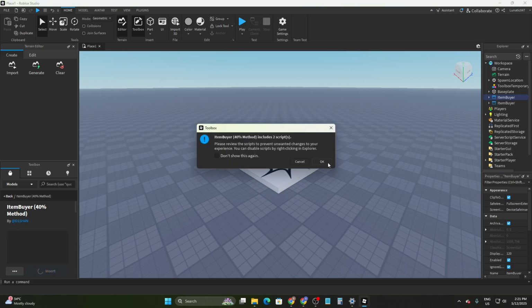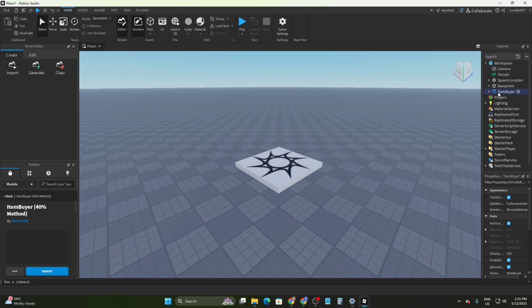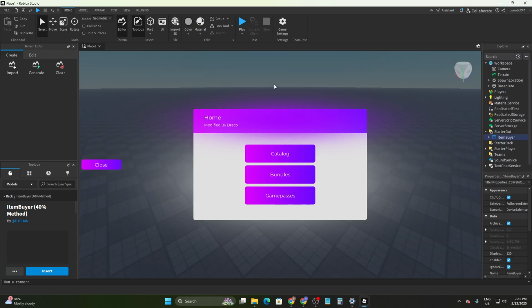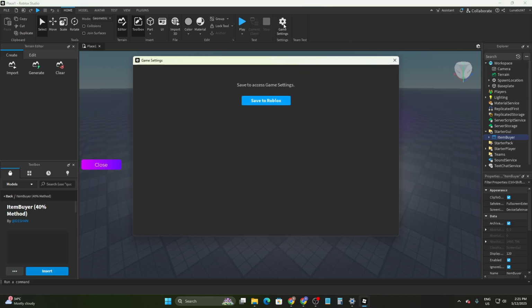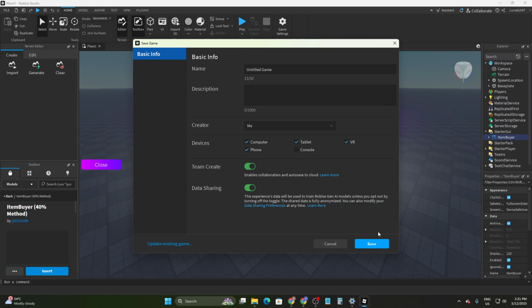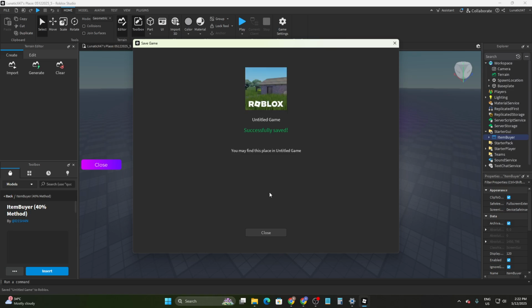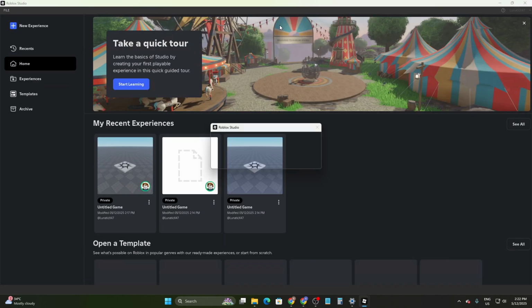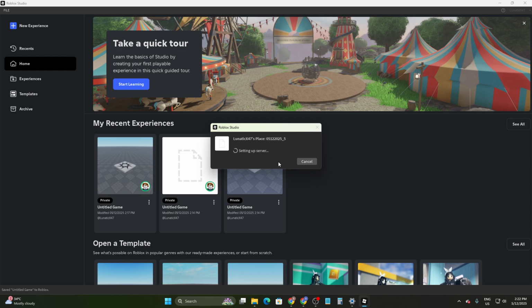I have already inserted it, so that's why I'm going to delete one from here, or you have to simply drag it from here to StarterGui just like before, and you can find this type of interface where you can simply click on the game settings now, and you have to save to Roblox. Now we are going to save it here. Now after saving that, we are going to close it, and it will actually connect it to our gameplay server